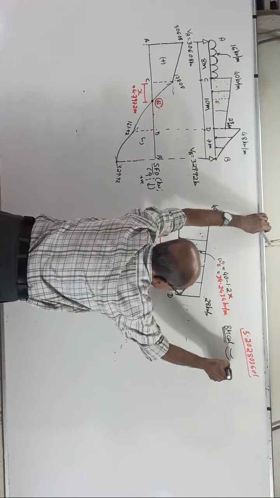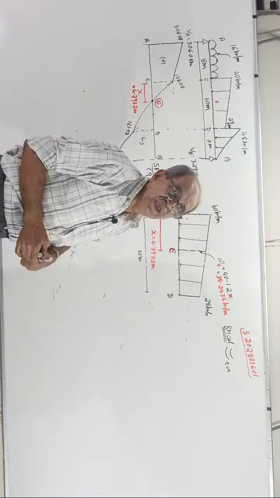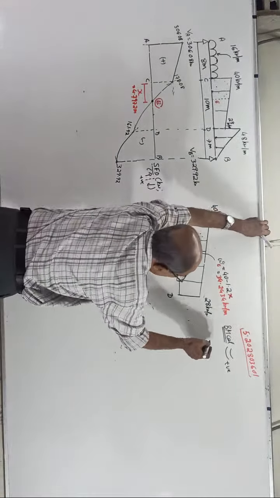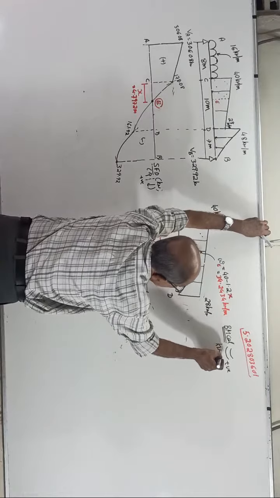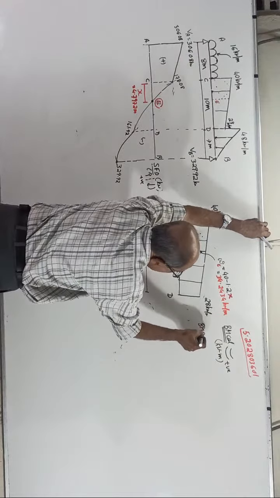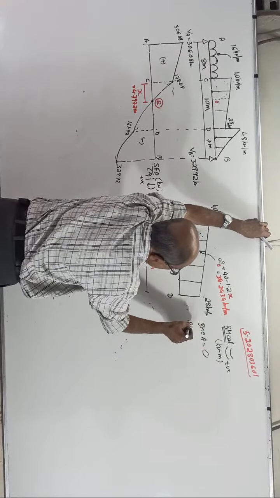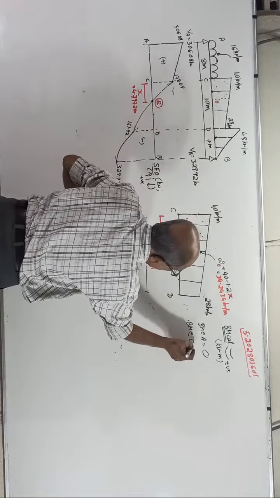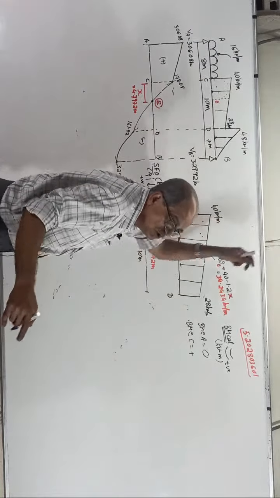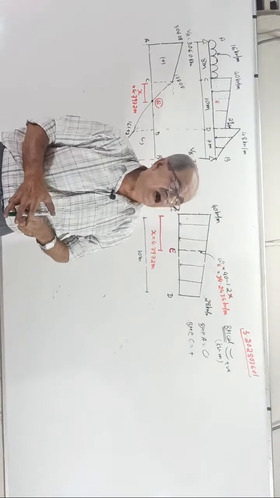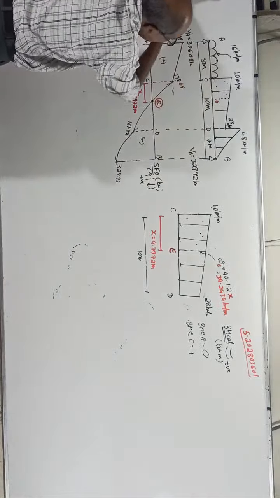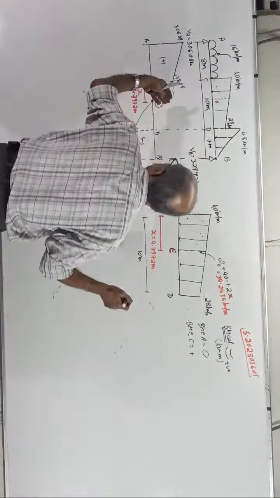Sagging positive. If any newcomer is there and asks what is sagging, sorry, I don't know. Start. You can save time by writing all values in kilonewton meter. All standard points first. BM at A, beautifully 0. Then BM at C. I am not explaining why; if I explain, those who are regular should comment, sir, you are wasting time. Okay. Plus